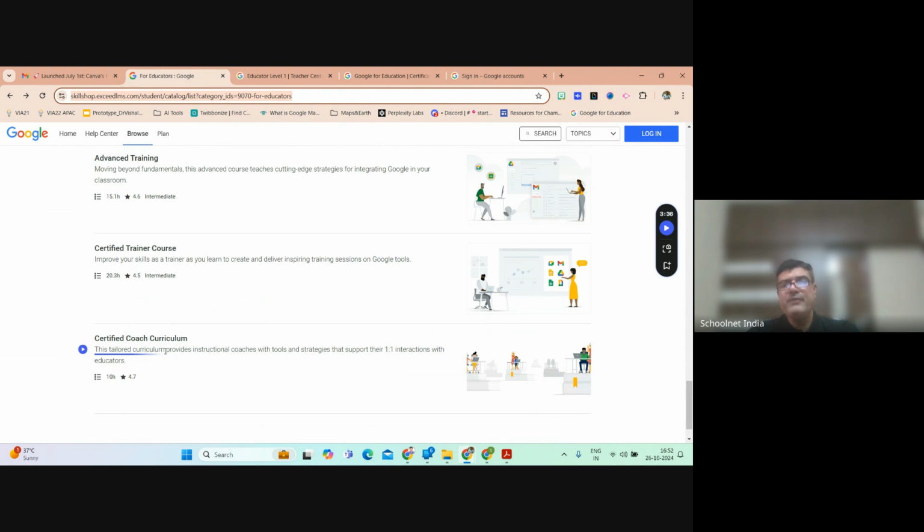So if you are a certified coach, then you can individually guide a teacher using this platform. You can use the Google Workspace platform, and using that platform you can guide a teacher and enable a teacher to take a course or become a certified teacher by giving examinations like level 1 certification, level 2 certification. So there is a whole system for that, a coaching kit. So once you become a certified coach, you will be getting that coaching kit and you will be giving one-to-one